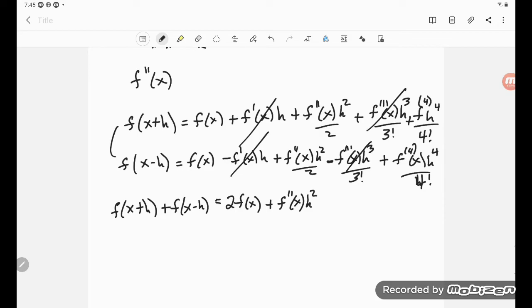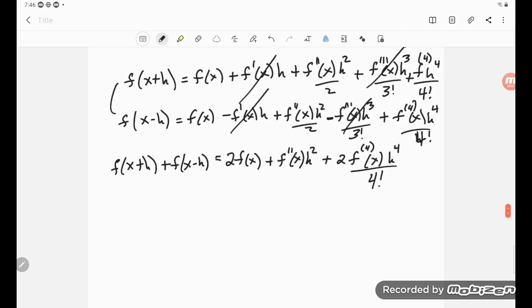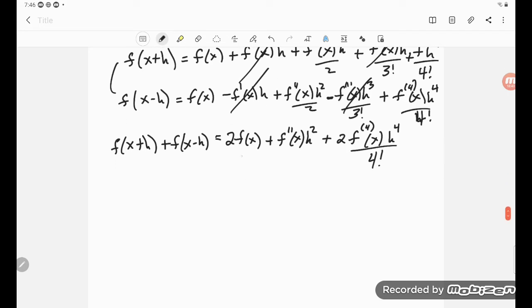The triple primes will cancel, and then I'll get plus 2 f fourth derivative of x h to the fourth over 4 factorial. So now, if I subtract the 2f of x from both sides and divide by h squared,